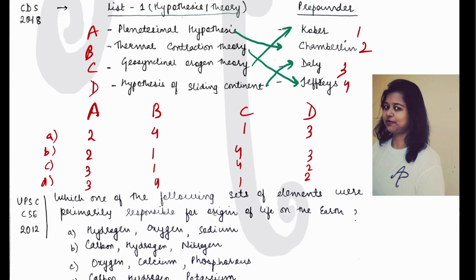Quickly going ahead with the first one, the thermal contraction theory. It was given by Harold Jeffreys. Because it is called thermal contraction, तो गर्मी से contract होना, ठीक है, इसको बस आप कीवर्ड को समझ लीजिए. तो इनका कहना था कि जैसे जैसे there was loss of heat from the earth, there was gradual cooling of the earth. इतना तो हमने पढ़ा हुआ है.